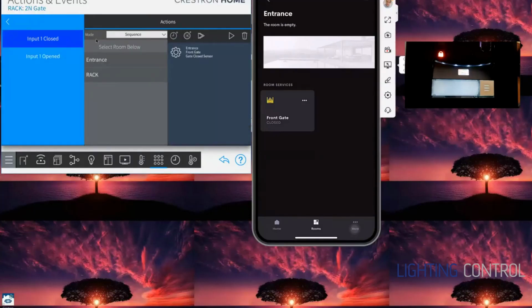So our I/O module connected up to our 2N driver is sensing the gate closed with a closed connection and gate open with an open connection. So you can see on the 2N driver, I've currently got it set up as closed. So when we haven't opened our gate,